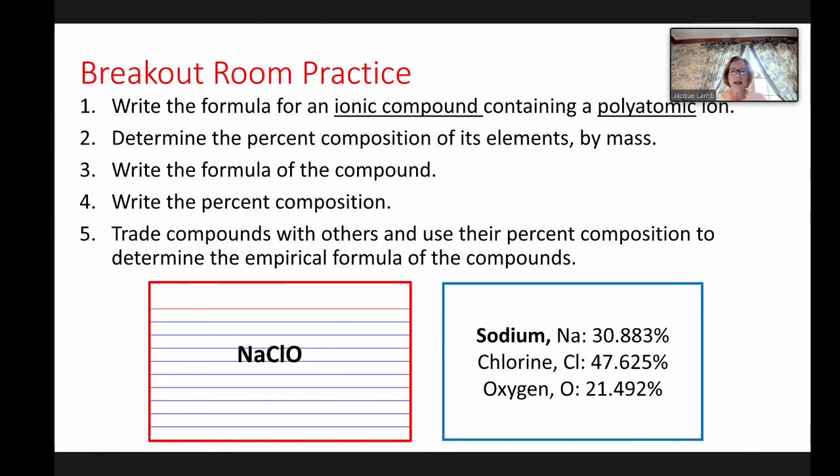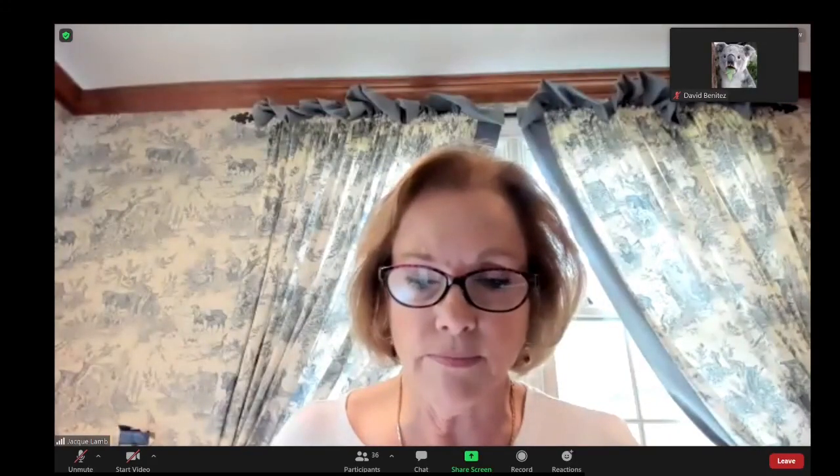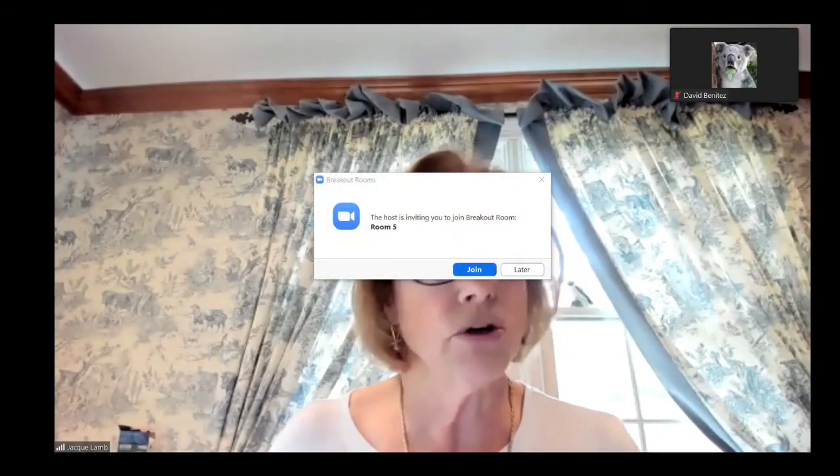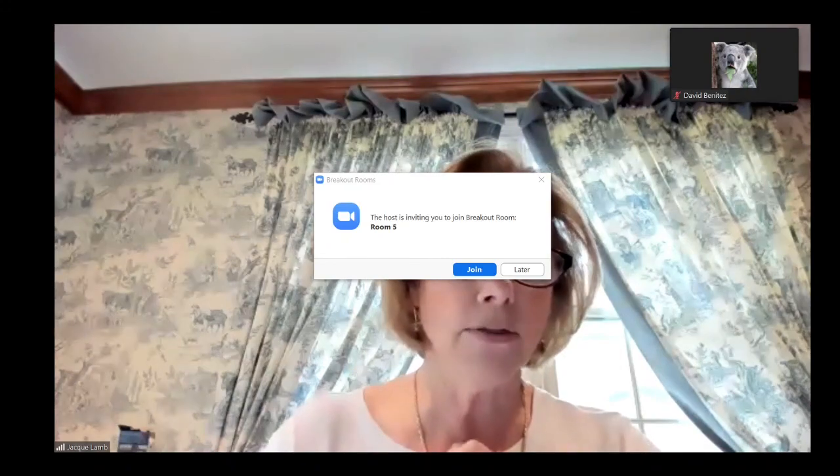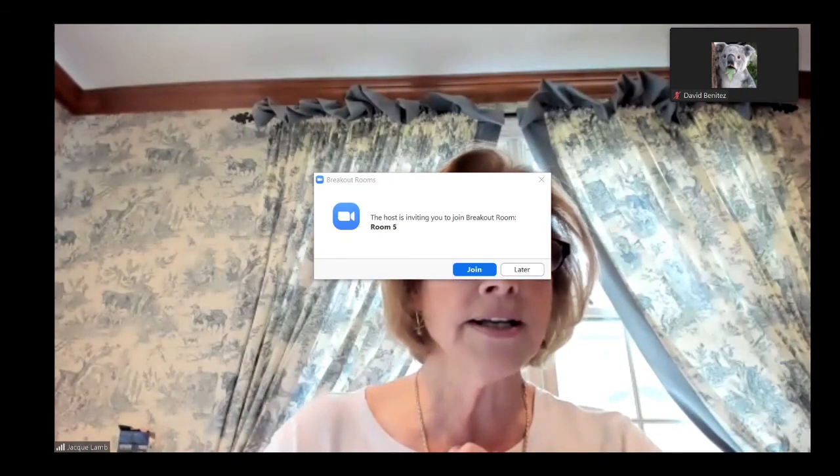In class, I would ask you to write the formula of the compound on one side of an index card and your results for its percent composition on the back. But I want you to create a compound and give it to somebody else in your practice room. I want them to solve your problem and check their answer with you. And I want you to solve their problem as well. So the instructions are written in the breakout room on the discussion. So create compounds for each other. If you really want to test them, ask them the name of it.